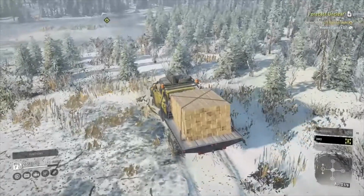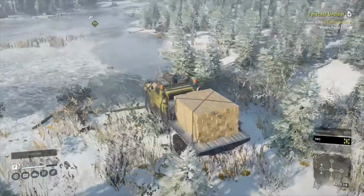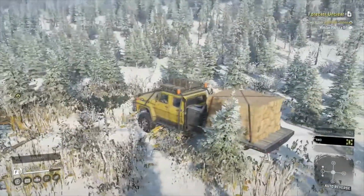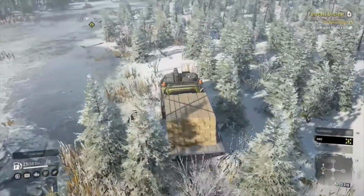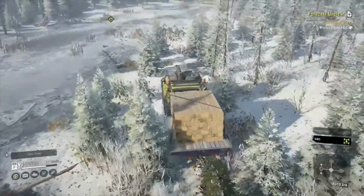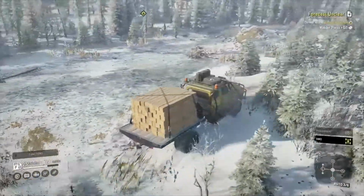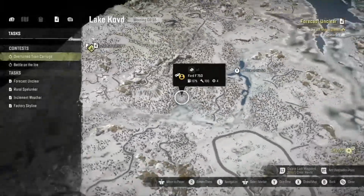There we go. Yeah, this is not going to be an easy map for me when I reach this in my other playthrough, the hardcore one. I'm gonna fall through, aren't I? Yep. Because on that one I can't recover to the garage, and I can't have two of these vehicles. I can't buy any trailers. And I've only found 2 trailers on this map, and neither one of those can hold cargo. So I need to go...